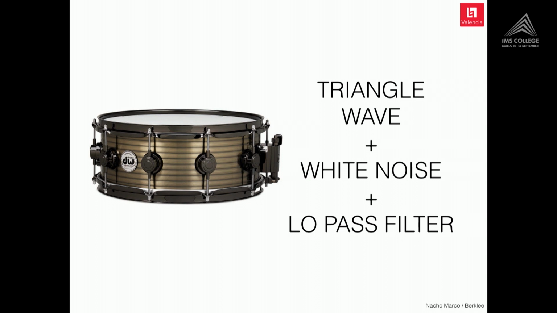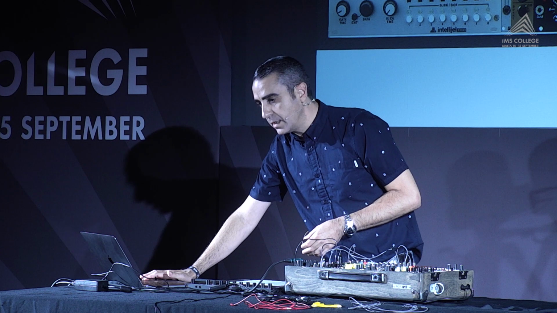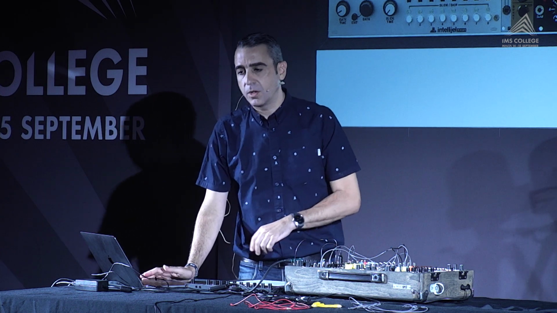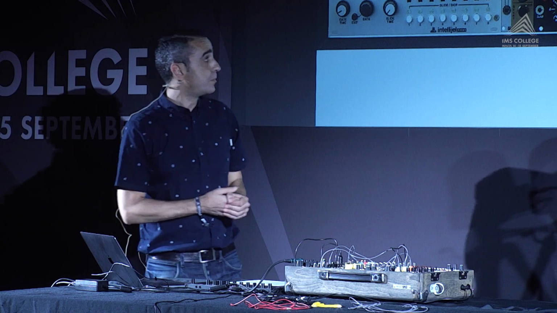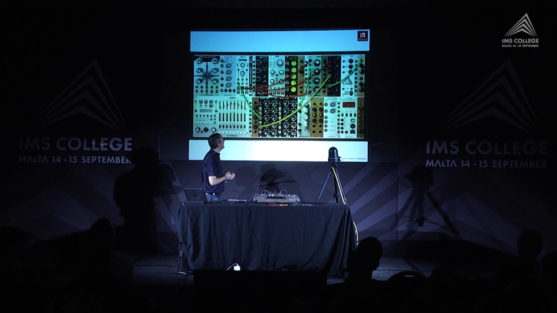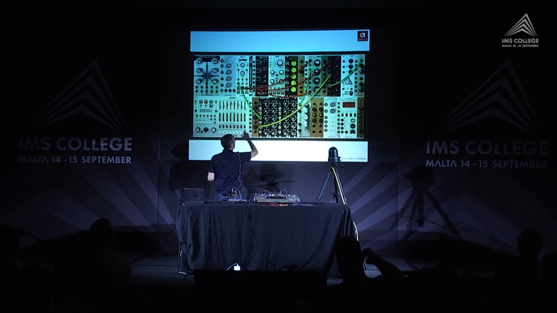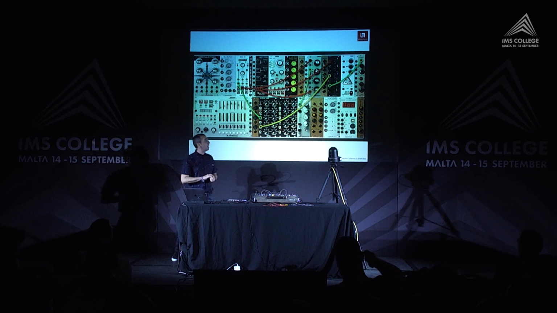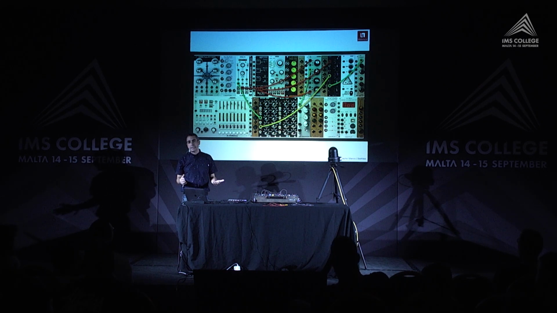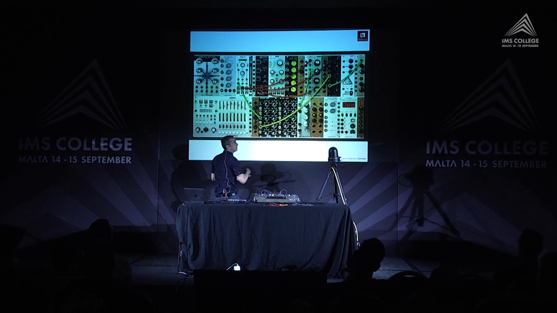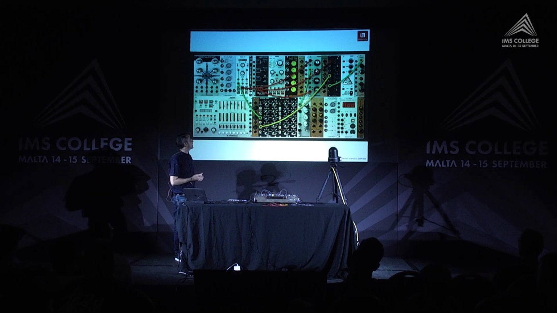From the filter, we go to the amplifier. Basically, we can reuse the patch that we designed before with some modifications. Am I still going to have to control the pitch with the envelope generator? Yes. So this cable stays the same. Am I going to have to control the articulation of the sound? Yes. So this cable stays the same as the patch that we designed before.